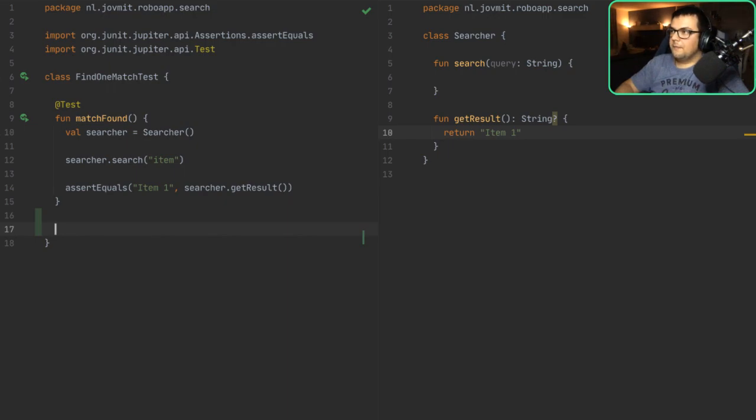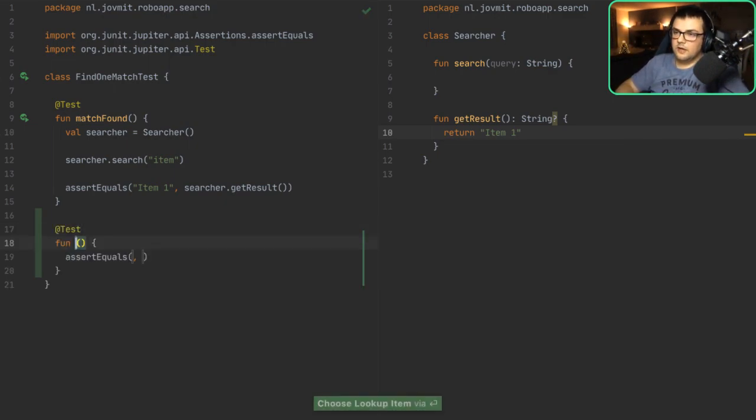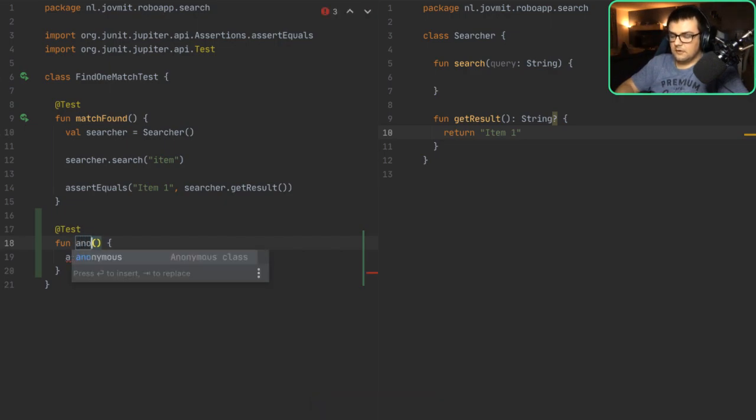So how do I now proceed? How do I start evolving this algorithm? One thing that we can start off with, and it always works, is called triangulation. Essentially, I'm going to write a new test that says, let's say, another match found, and then here I'm going to expect